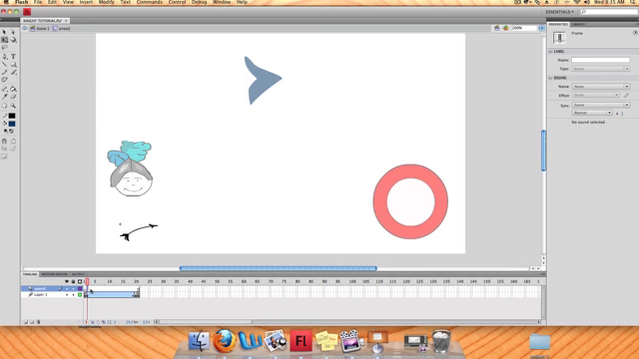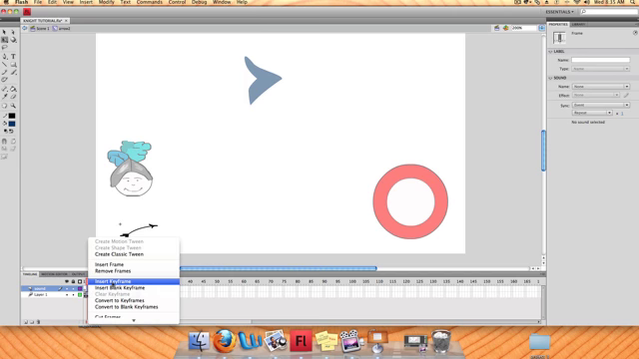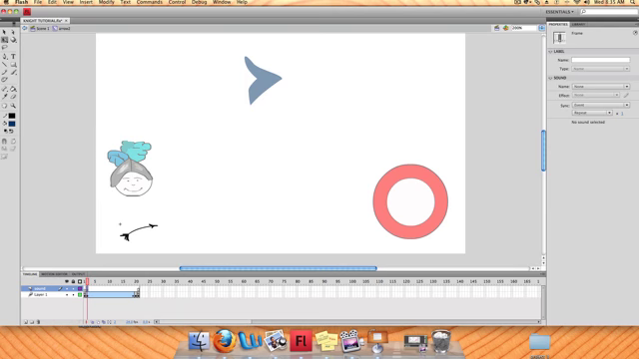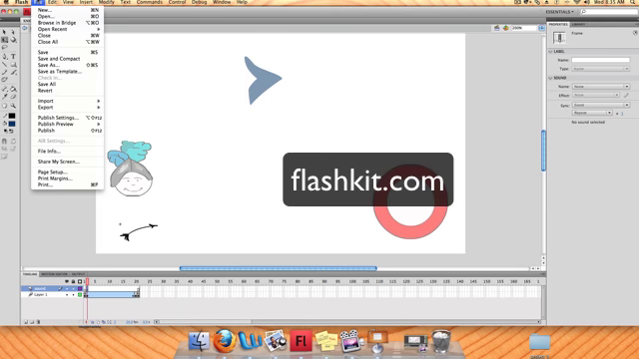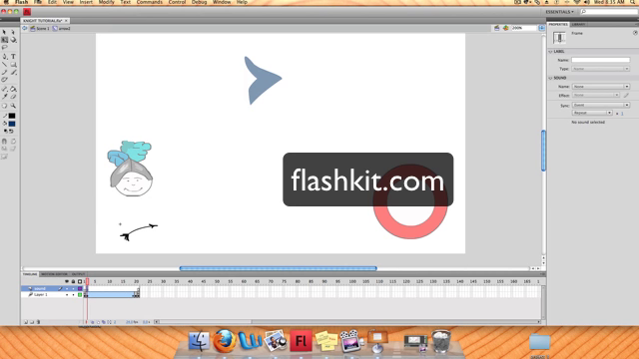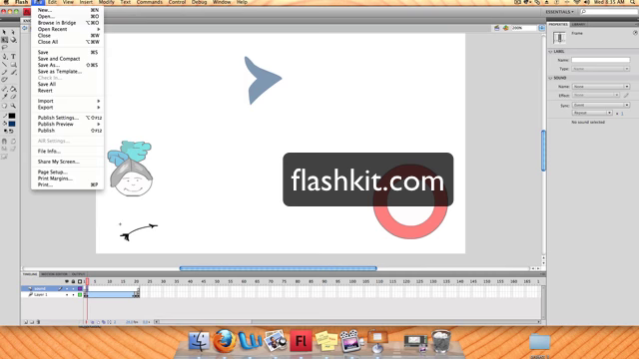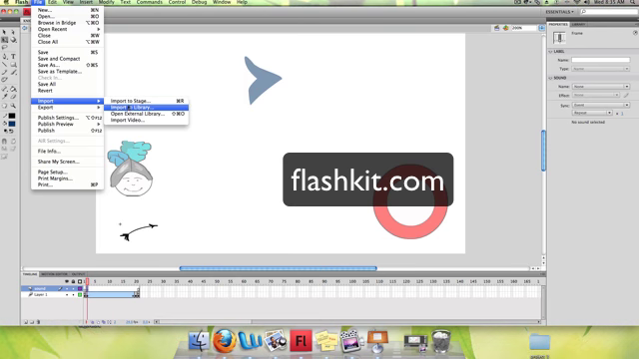Now I need to have a keyframe wherever I'm going to start the sound. So I'm going to start it on frame 2. So I'm going to insert a keyframe. Now I have previously downloaded a sound from FlashKit, which is a website on the internet where you can download free sound effects and sound loops and things like that. I'll put the website address in the description. So if I go to File and Import, and I want to import to the library,